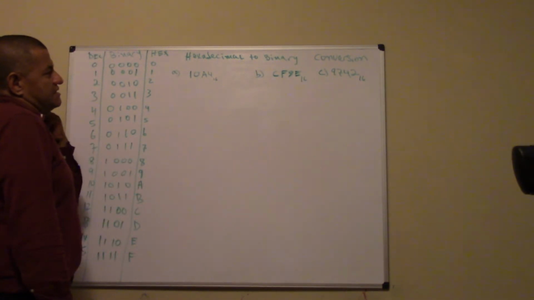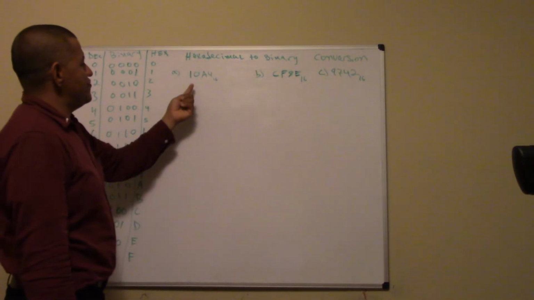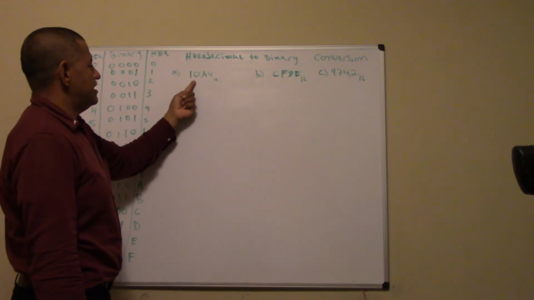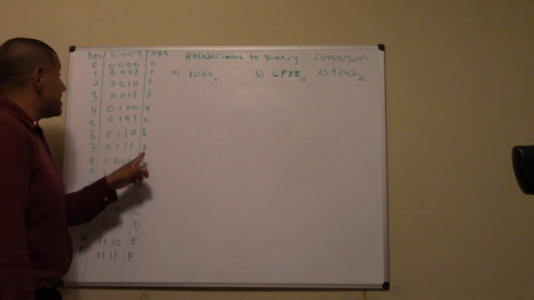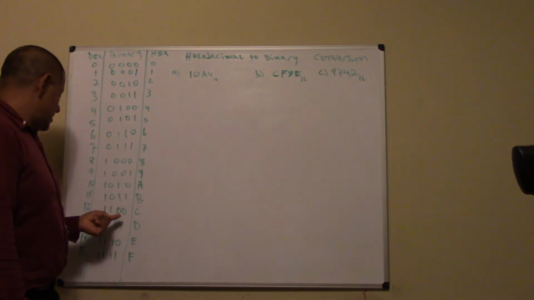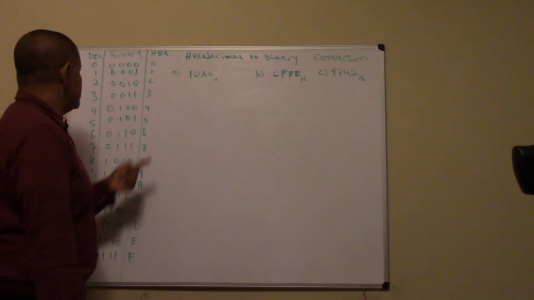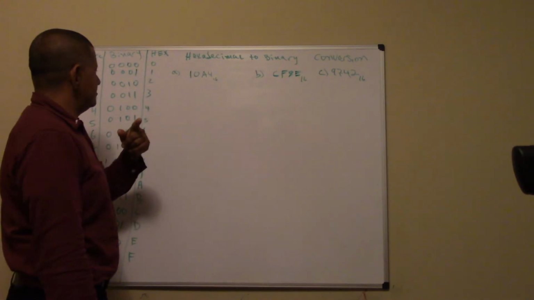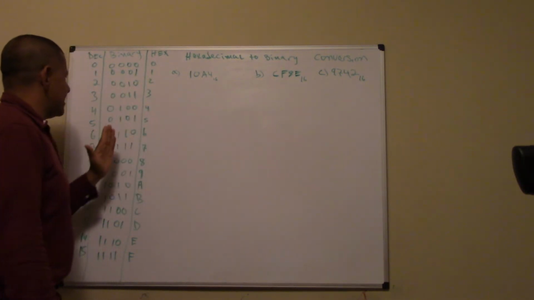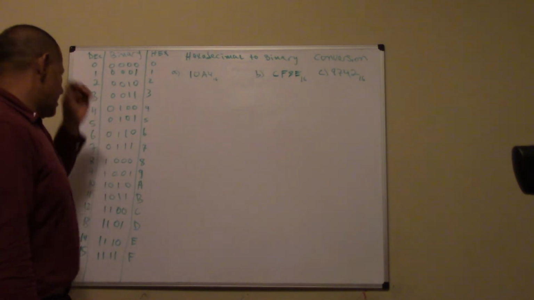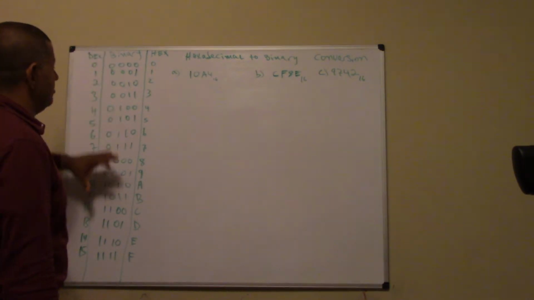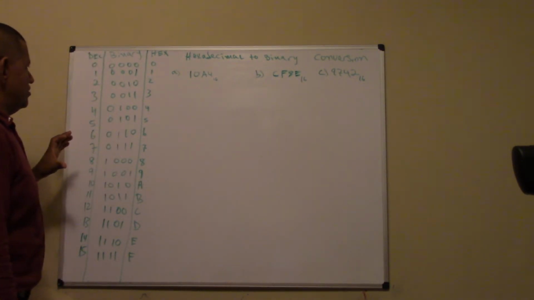The reason being is that I know that 10 in hexadecimal, we don't say 10, we say A, and 0, we say 0, right? But like I say, I will not try to refer to this table too much, because